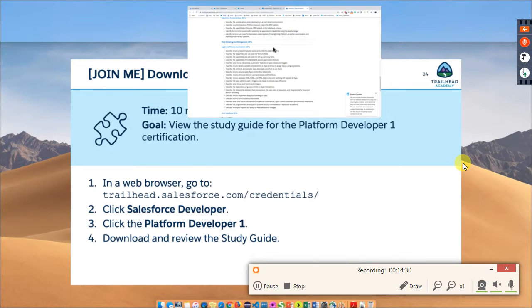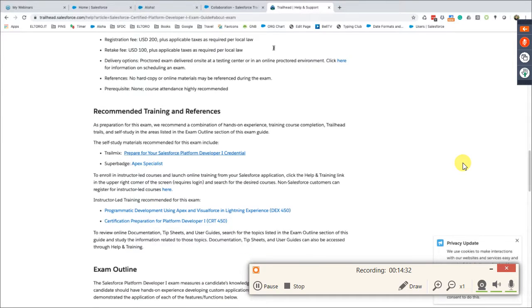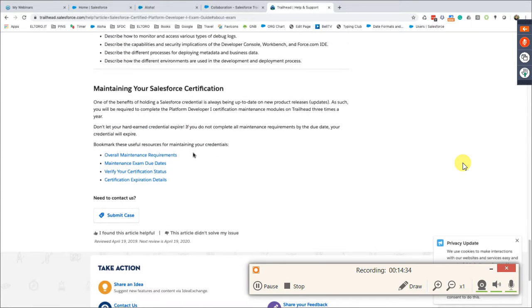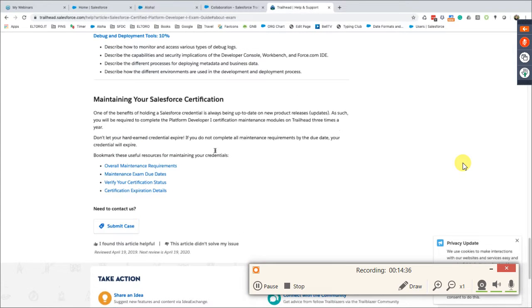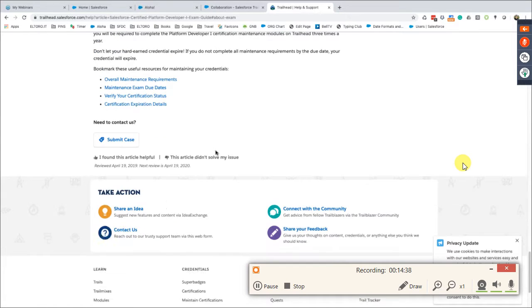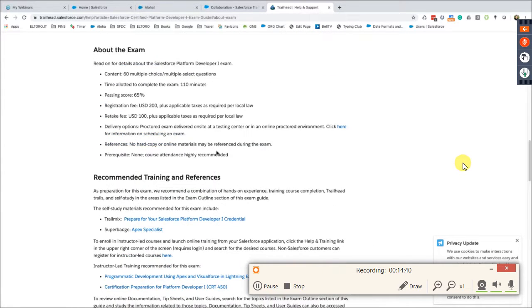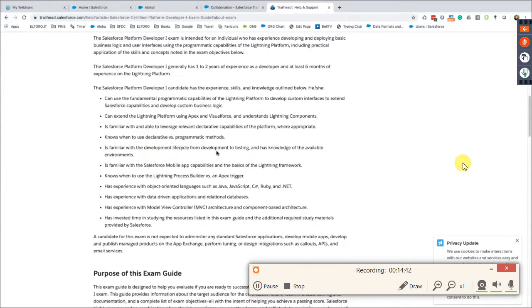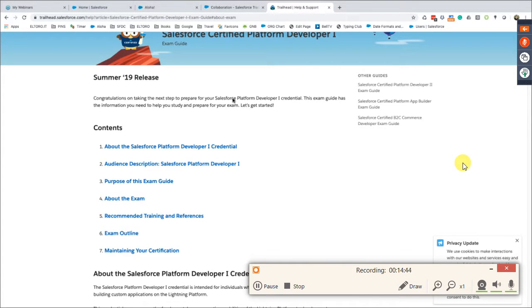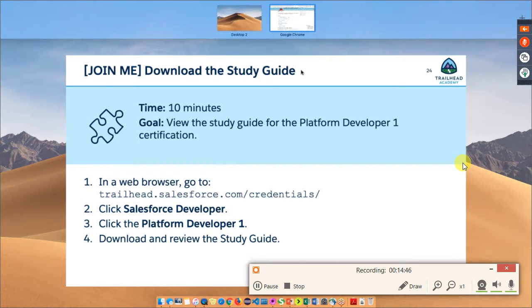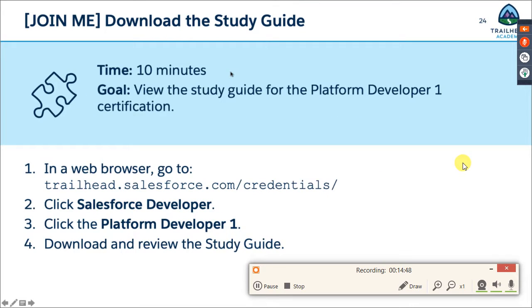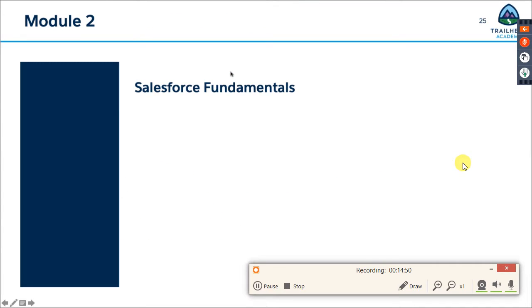Also, I think at the bottom of the, there is a, well, there used to be, all right. Used to be a couple of questions to help you know if you're prepared or not. Maybe they moved them not on the bottom anymore, or maybe they actually removed them. Anyways, we're going to continue with module 2